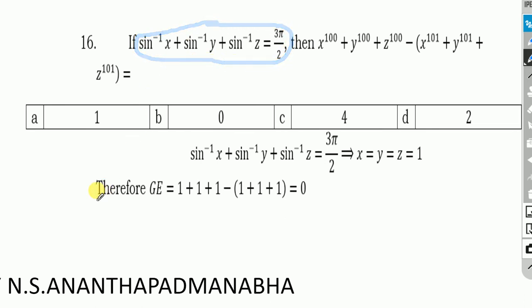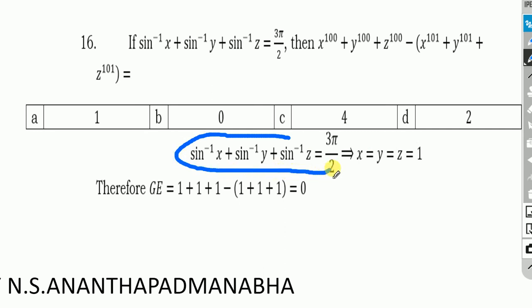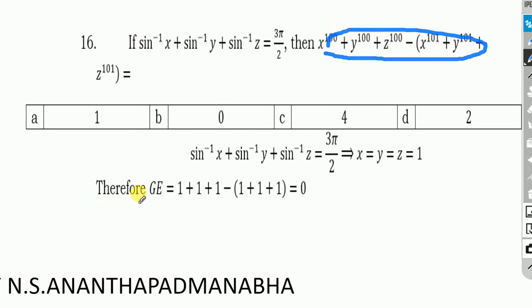We know that the maximum value of sin inverse of x, y and z is pi by 2. So therefore x is equal to y is equal to z is equal to 1 is the only value which satisfies this expression sin inverse x plus sin inverse y plus sin inverse z is equal to 3 pi by 2. Now the required expression